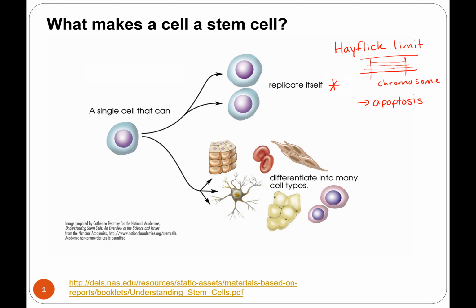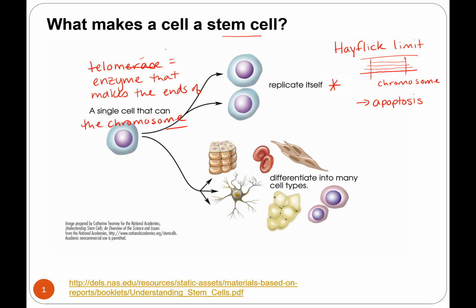Okay. In stem cells, the enzyme telomerase, which is the enzyme that makes the ends of the chromosome, this enzyme is functional in stem cells. So even though they're replicating, they have an enzyme that will keep their chromosomes the proper length, so there's no shortening. In a differentiated cell,